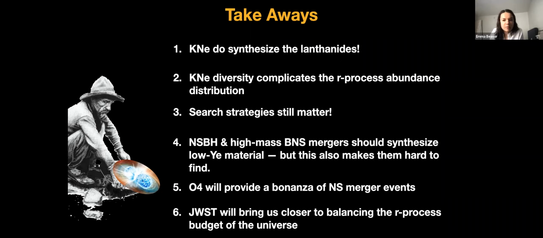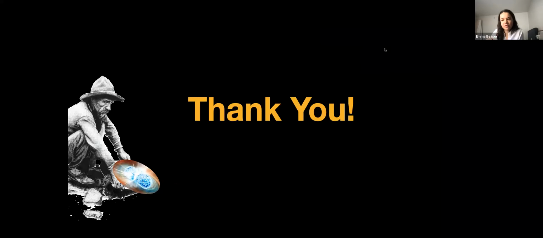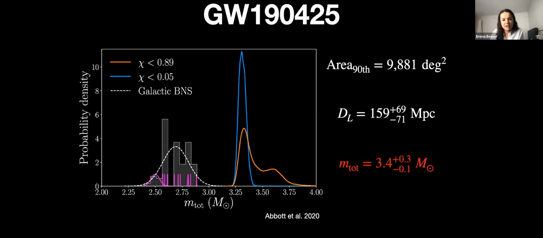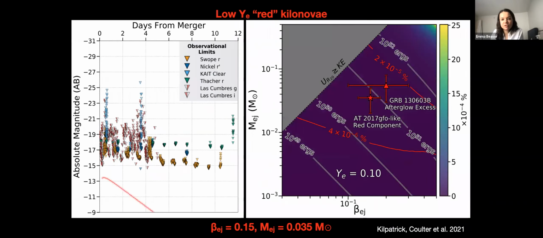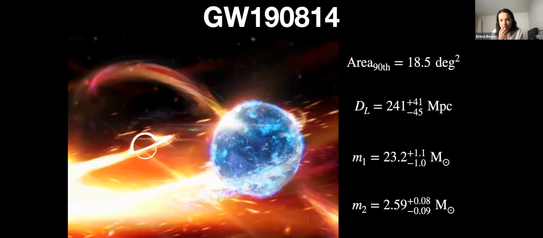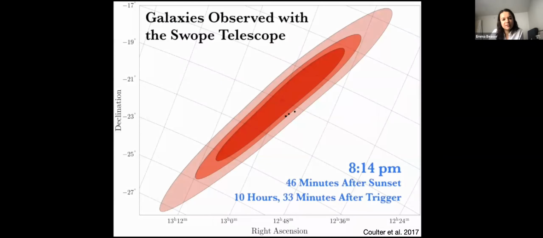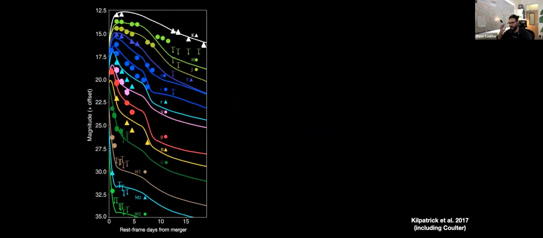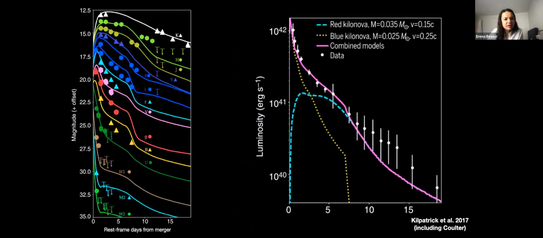I had a quick question. On the figure you showed for AT 2017gfo, where you had the models and the combined model, it looked to me like it's still underestimating what you actually see. I'm just wondering what kind of component would bring it up to make a better match at later times. Right, sorry, I'm trying to get to what you're talking about, the bolometric light curve. Yeah, that one. Right. Well, so these are pretty